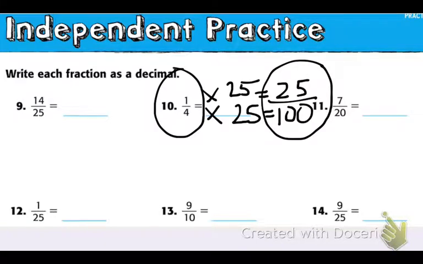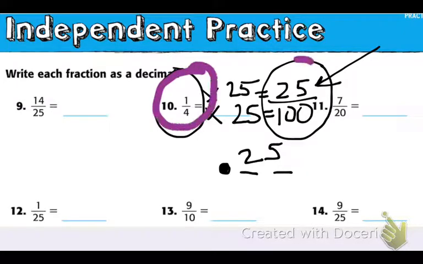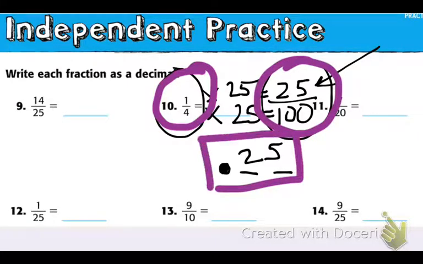Step 2, create a decimal. I need to make sure that 25 is in the hundredths place. Tenths, hundredths, thousandths. 25 hundredths has the same worth, the same value as 1/4, 25 over 100, or 25 hundredths. Moving on to problem number